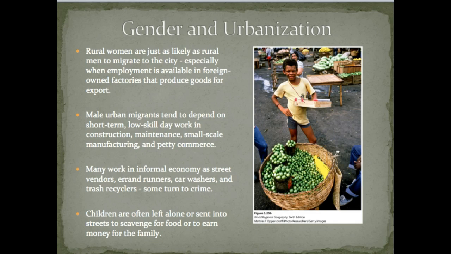And many of the people work in informal economies, such as street vendors, errand runners, car washers, and recyclers. And unfortunately, some turn to crime. You can also see how children are often left alone in the streets to scavenge for food or earn money for the family. So these are some of the social realities of rapid urbanization, income disparity, and